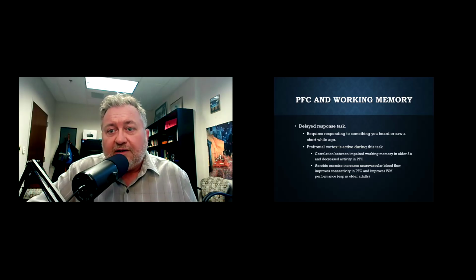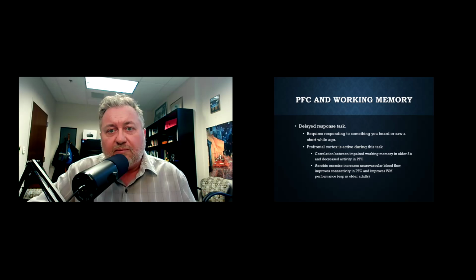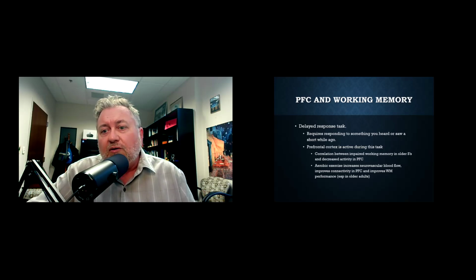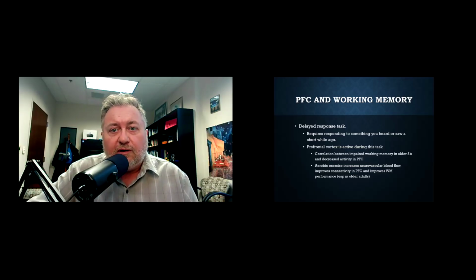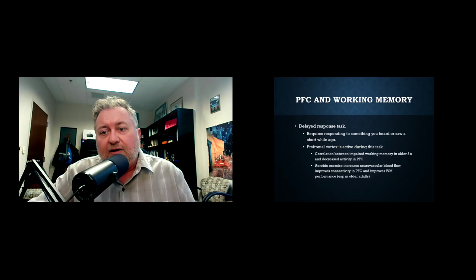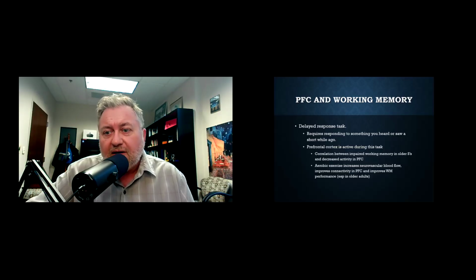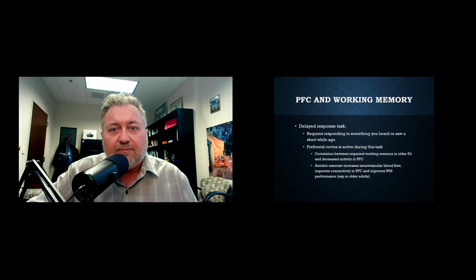It's also worth pointing out here what we've talked about aging already. So another way to think about it is that, separate from these imaging studies, for people who are aging, there's going to be a decline in the activity in the prefrontal cortex, and that also correlates with declines in their performance on a delayed response task. And so once again, we can say that not only do we see activation during the task, but in situations where there's a decline in that part of the brain, we see a decline in the task.